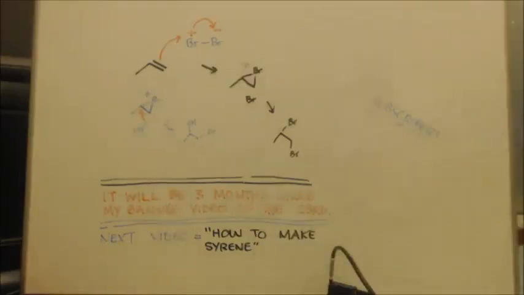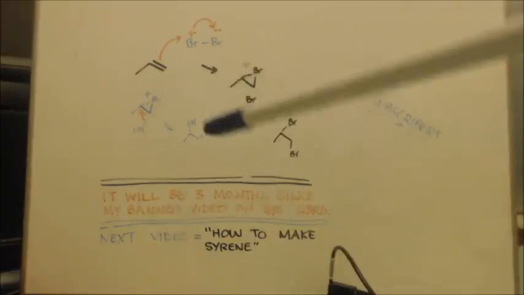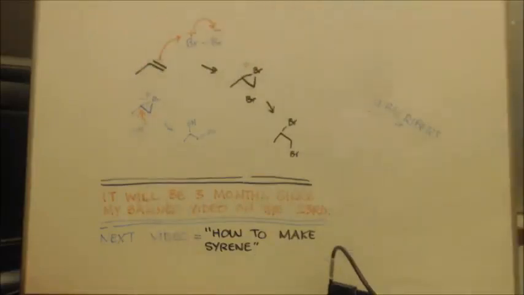Why does it go to the middle one? Why doesn't it go to this end one? There's less steric interference. You would think maybe it would go here, but it doesn't. It always goes to the harder place to go. You know what I mean? And the reason why is because this is positive. And where can positivity be